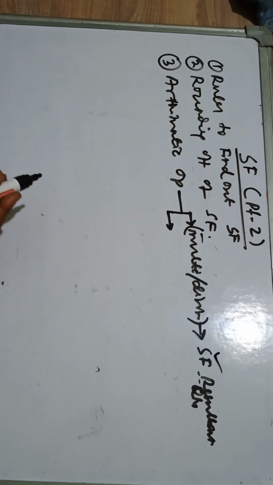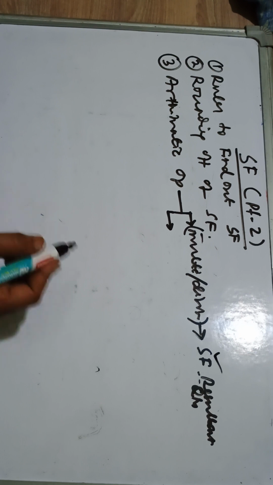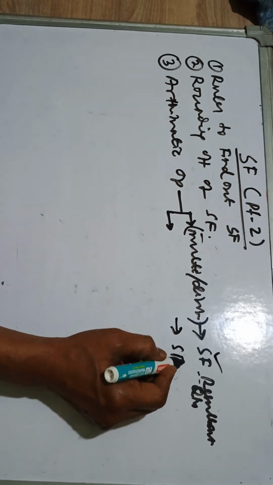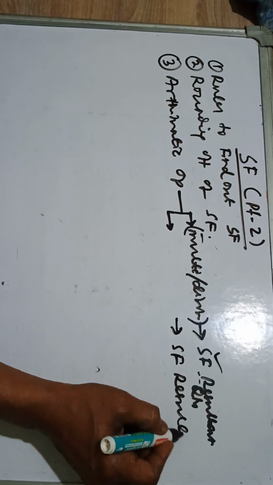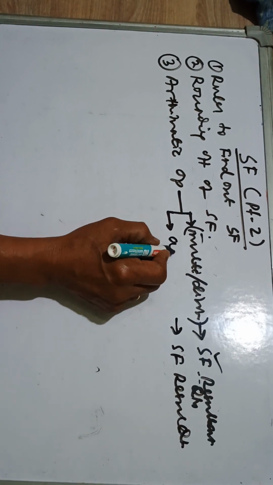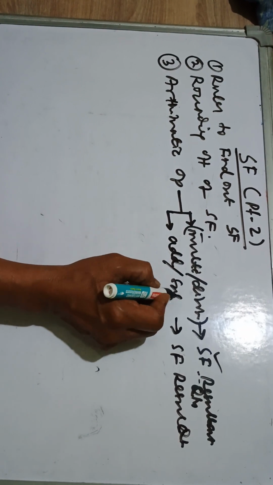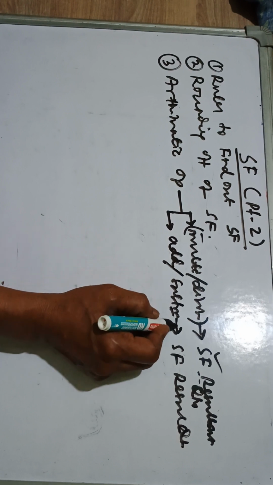The steps and rules were already covered. Now we'll study how to find the significant figure of a resultant quantity that is either addition or subtraction of